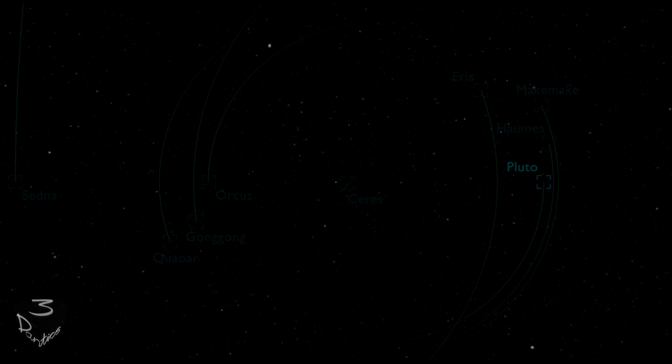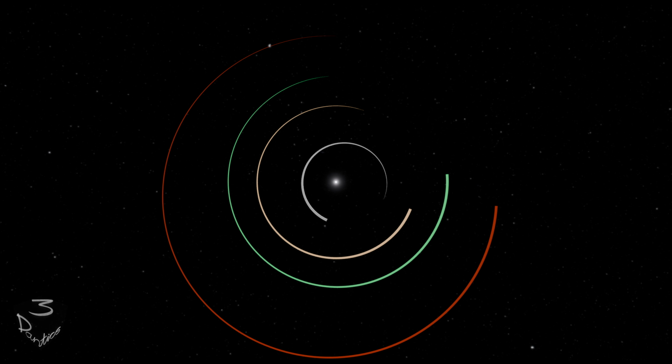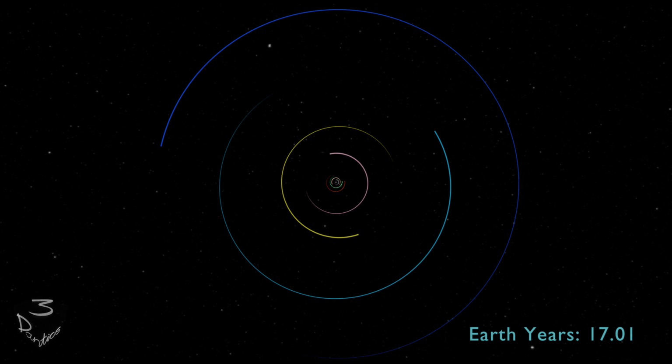As we look down on the solar system, 2 things are very apparent. Firstly, things take a long time to happen. This is moving in real time, so if we speed it up, and then some more, and some more, and some more, we can see the closer a planet is to the Sun, the faster it moves, and moons do the same